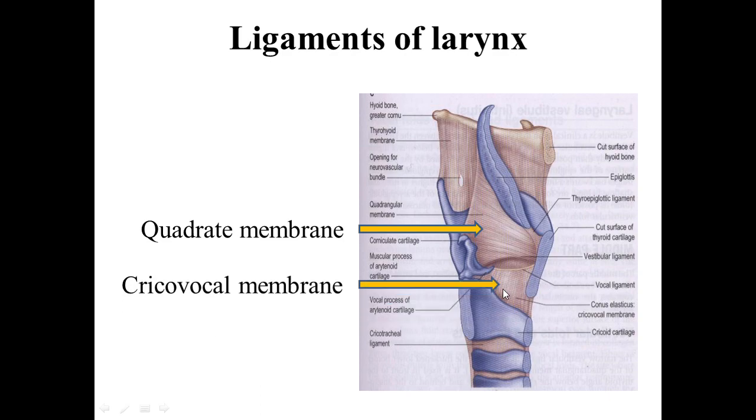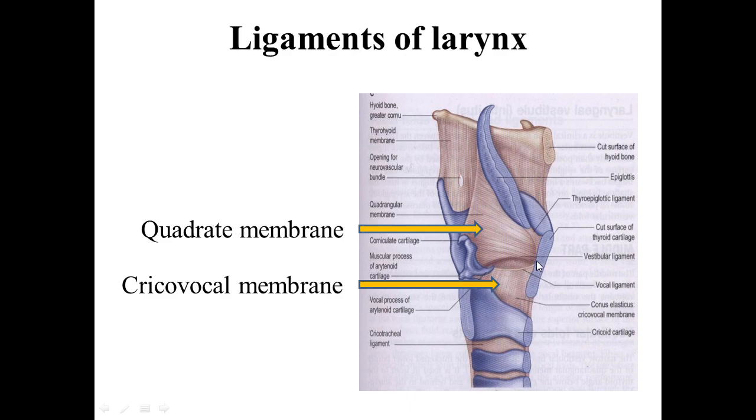Then another ligament is the cricovocal membrane. Now this cricovocal membrane extends from the cricoid cartilage, the anterior arch of the cricoid cartilage, to the vocal process of the arytenoid cartilage. So the cricovocal membrane extends from the anterior upper border of the anterior arch of the cricoid cartilage to the vocal process of the arytenoid cartilage, and this cricovocal membrane